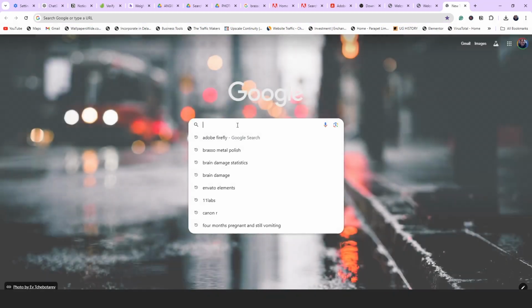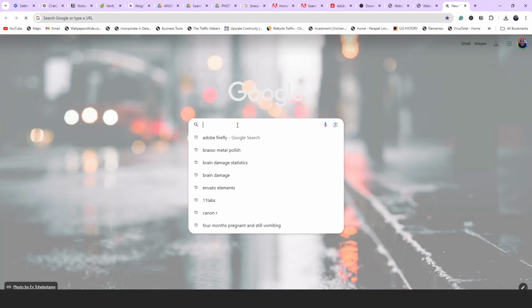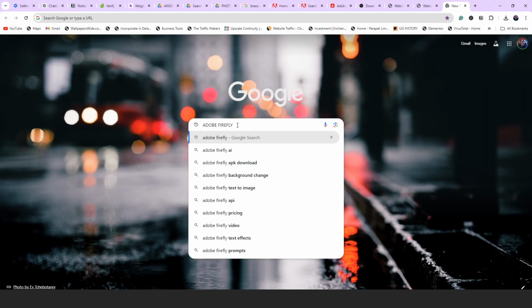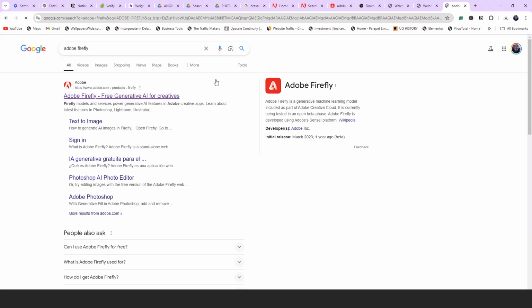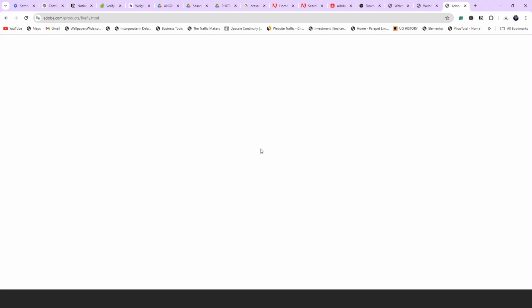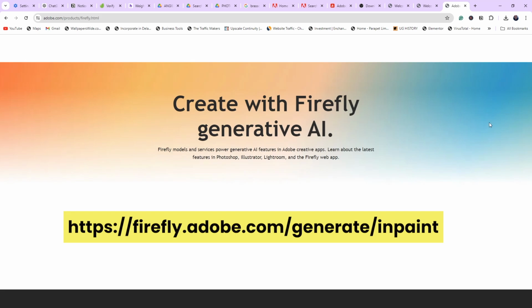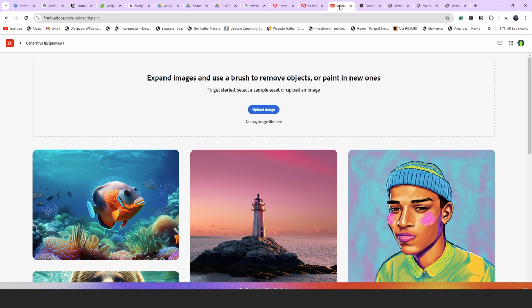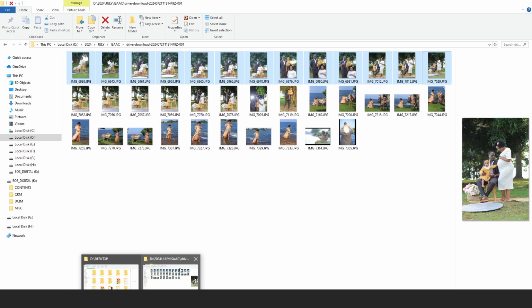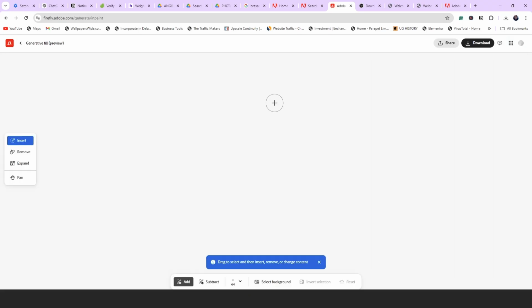You're going to go into Google right here and put in Adobe Firefly. And when you get to that particular website, you're going to look for the generative fill feature. If you don't have an Adobe account, make sure you open one so that you can access all these. So it is going to bring you to an interface like this. So what you're going to do, we're going to drop it into Adobe Firefly